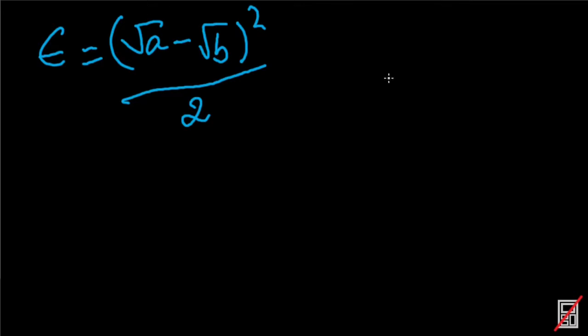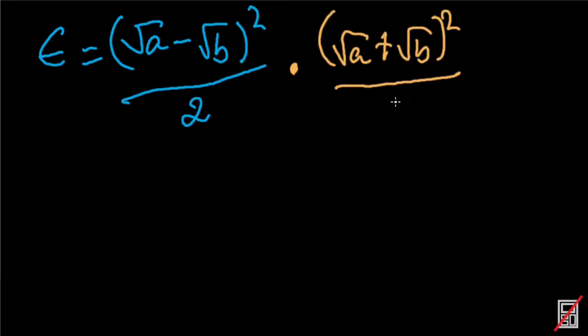We don't actually know what the square root of our numbers, like 8/3 and 21/8, were. Instead, let's multiply by the conjugate, or by the same expression but with a positive instead of a negative. If we multiply that to the top and bottom, we'll get this over root a plus root b squared,